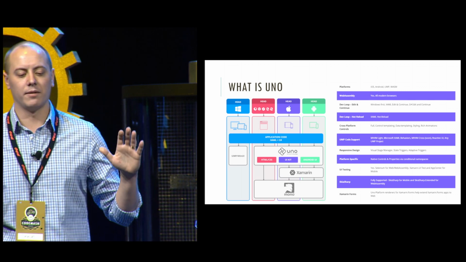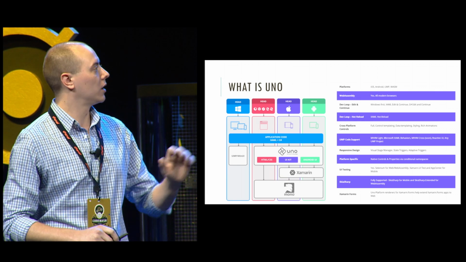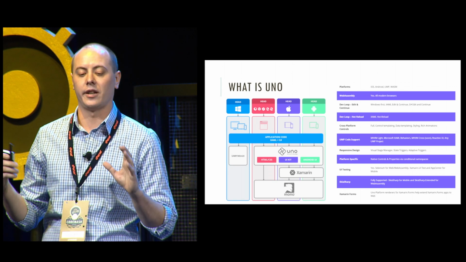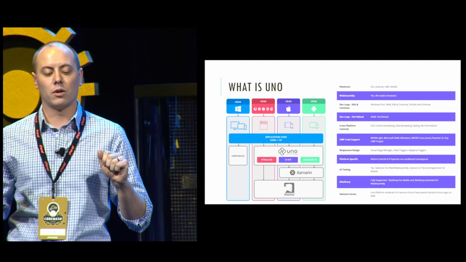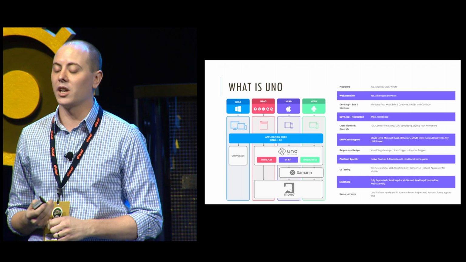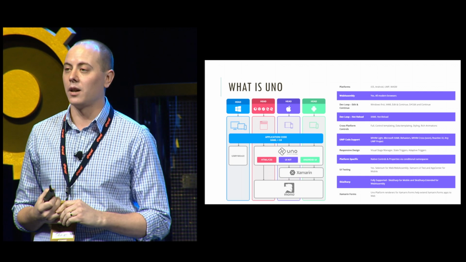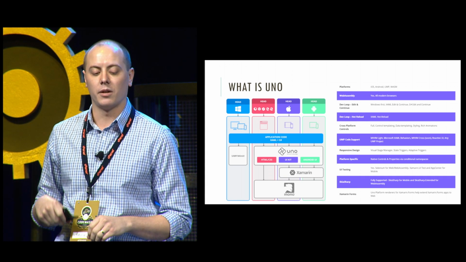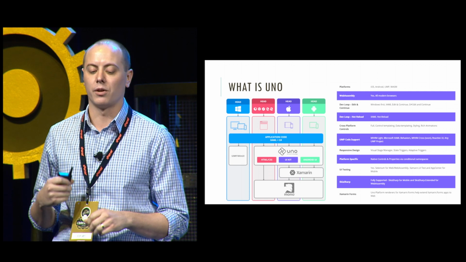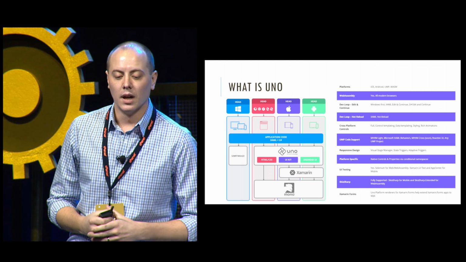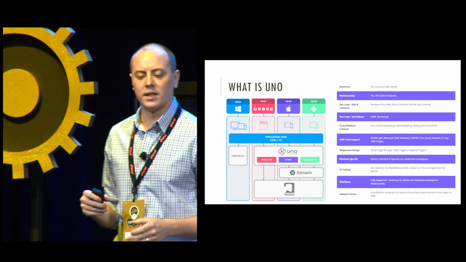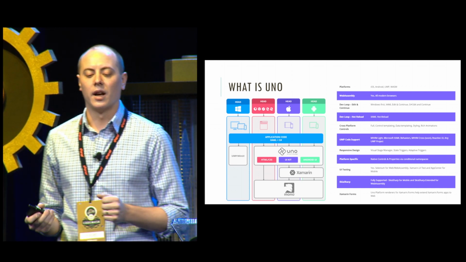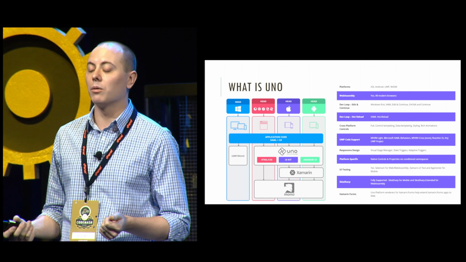And so just a quick high-level view of what UNO is. If you look on your left, you have your 4 heads, so your 4 applications that you'll get out of the UNO platform. Those, all 4, will consume the C# application code and the XAML UI, the UI logic. It'll then reach out to the UNO platform, which then in turn reaches out to Xamarin and Mono for the runtime support. On the right is just, I don't know if you could see it, but it's just some of the stuff that UNO likes to display of what you get out of the box when you're working with UNO.